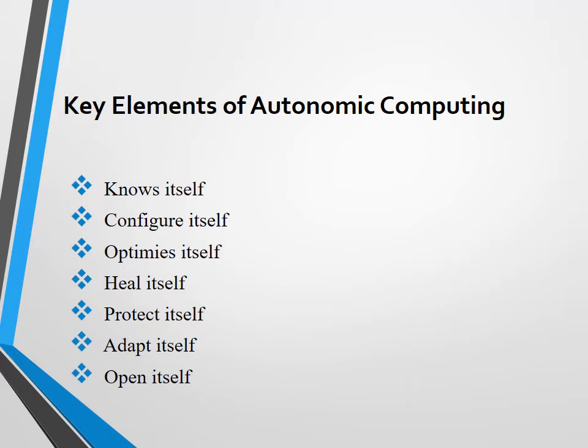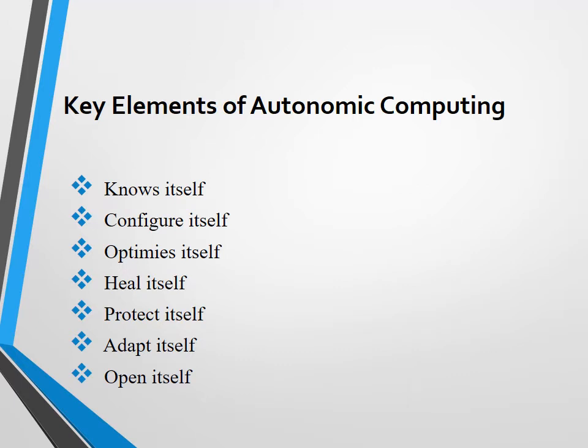Second comes configure itself. An autonomic computing system must configure and reconfigure itself under varying conditions, and this must occur automatically, as well as dynamic adjustments to that configuration to best handle changing environments. Third comes optimize itself. It will monitor its constituent parts and fine-tune workflow to achieve predetermined system goals. Fourth comes heal itself. A system must heal itself. It must be able to discover problems or potential problems, then find an alternate way of using resources or reconfiguring the system to keep functioning smoothly.